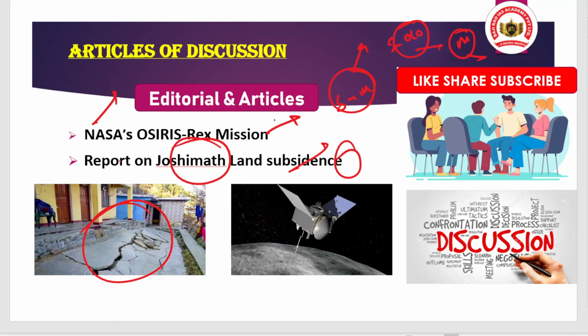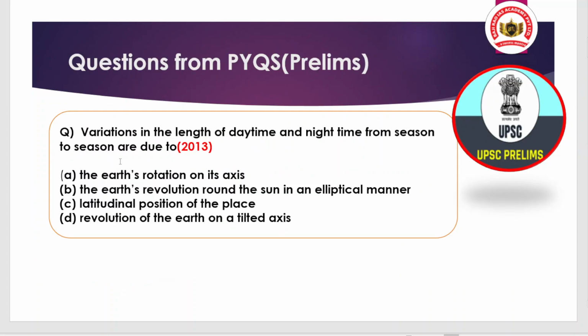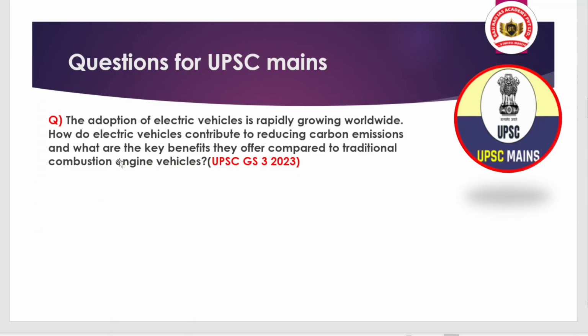So we will discuss all these, and also now you have to attempt the question related to UPSC Mains that was asked in GS Paper 3, 2023. Okay, and this topic is related to electric vehicles. The question is, the adoption of electric vehicles is rapidly growing worldwide. How do electric vehicles contribute to reducing carbon emission, and what are the key benefits they offer compared to the traditional combustion engine vehicles? Traditional combustion engine vehicles are basically your diesel and petrol running cars, and